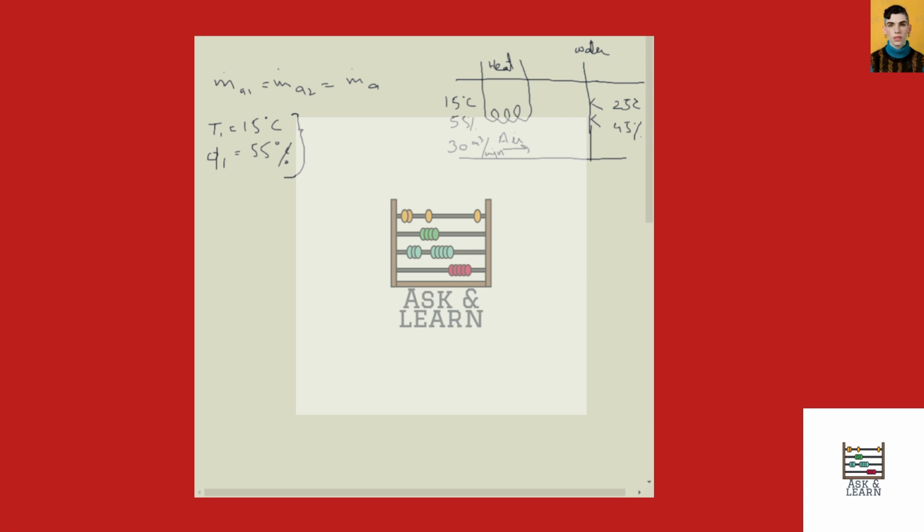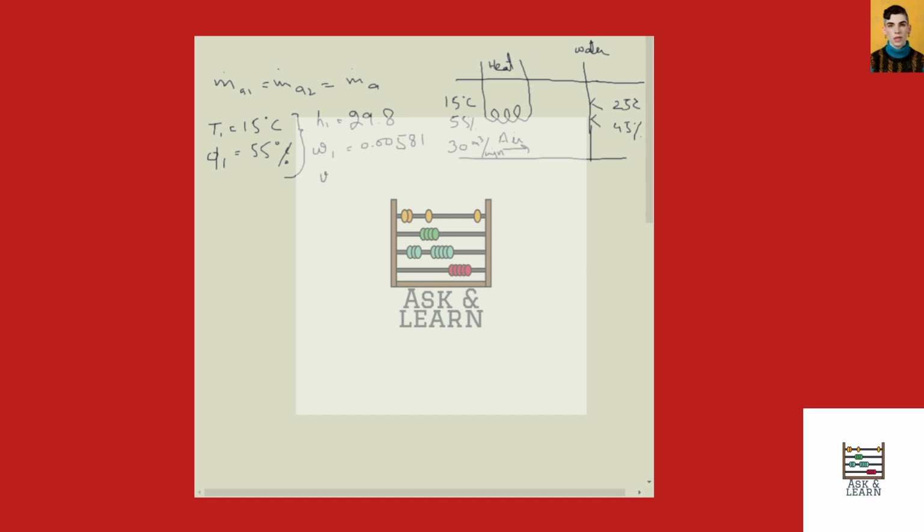According to psychometric charts and these available values, H1 is equal to 29.8, omega 1 or specific humidity is equal to 0.00581,